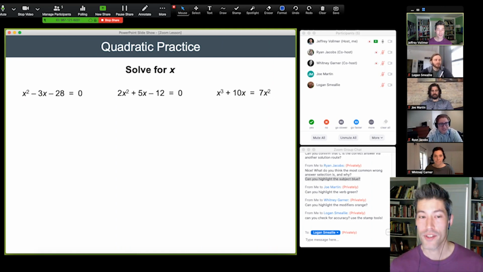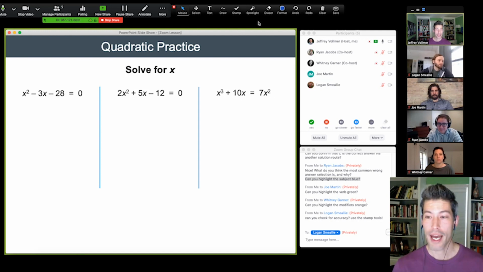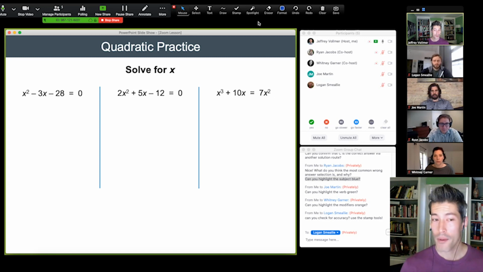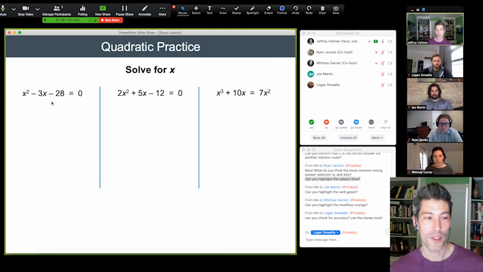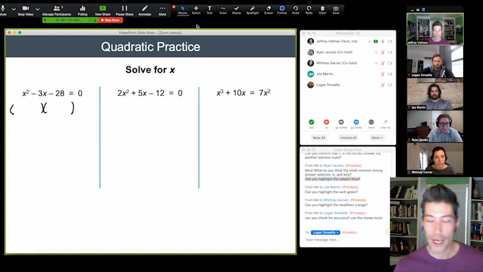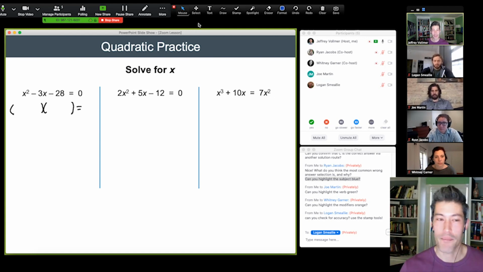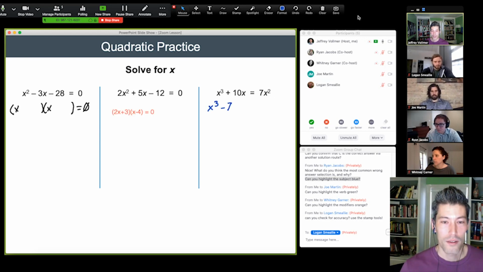Here's another way to use the board effectively in class. I've got a couple of questions up on the board and I can go ahead and just split the board into different components. And now I can ask individual students to solve individual problems. So, Whit, I'll have you put your work up for the problem on the left. Go ahead and fill in the space under the left problem. Joe, why don't you take the middle problem? Let's see your solution for that. Ryan, you can take the problem all the way on the right. And then Logan, why don't you check step by step to see if there are any problems or if things are going smoothly. Yeah, great work, guys.